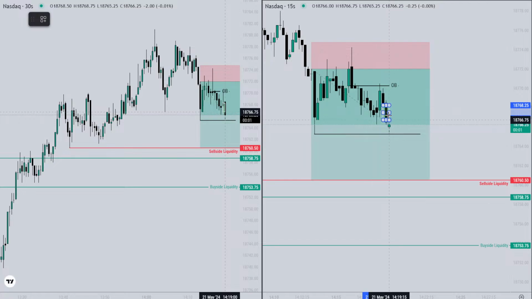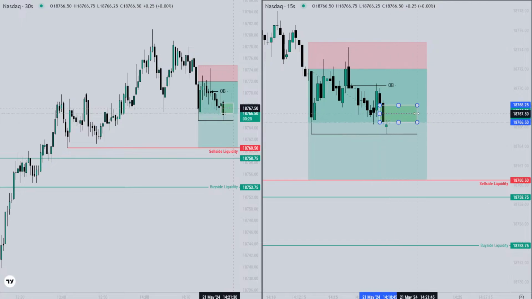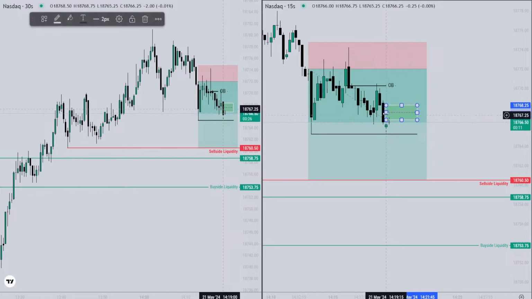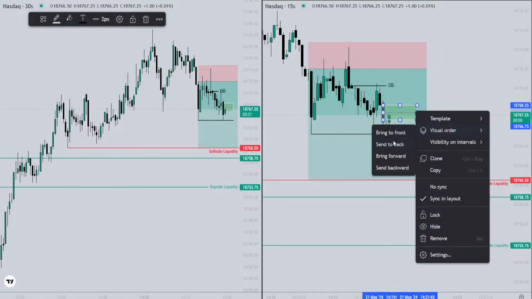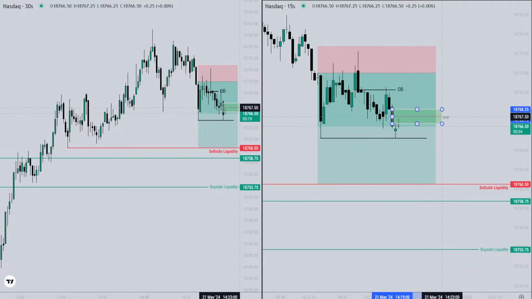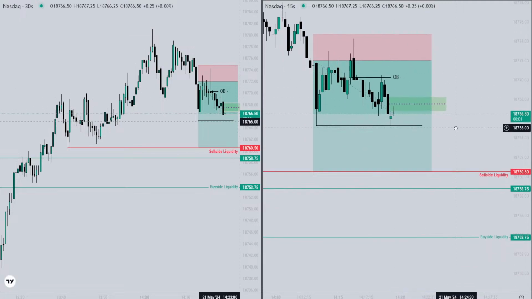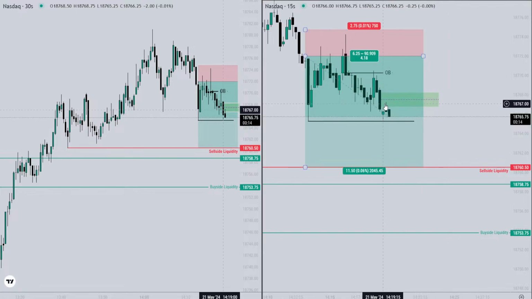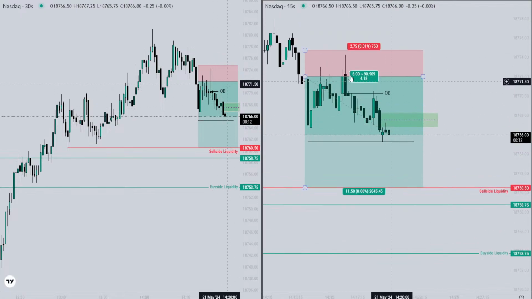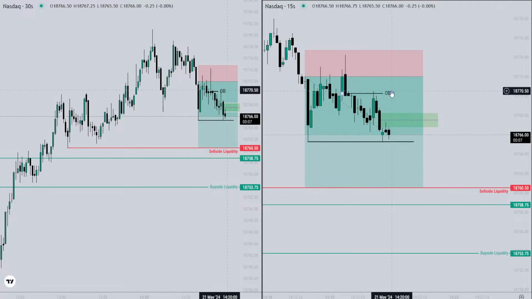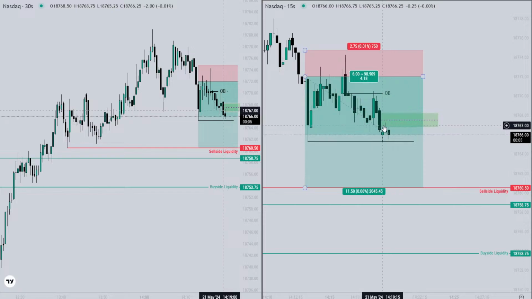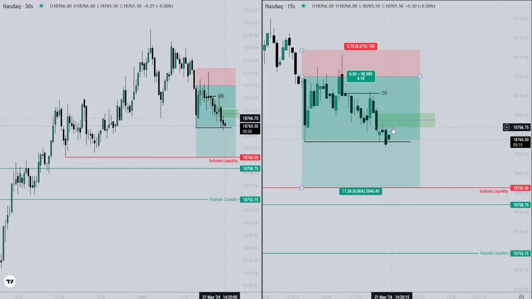This is the area to pyramid entry. So here is the pyramid entry area. I just don't want to get confused. I love this 30-second chart, 15-second chart. So here I will add one more contract. If I were in this trade, here the order block is the second option to add more contracts. Here is the third option to add the last time. If you want to add more, this is the last opportunity to add more over there.